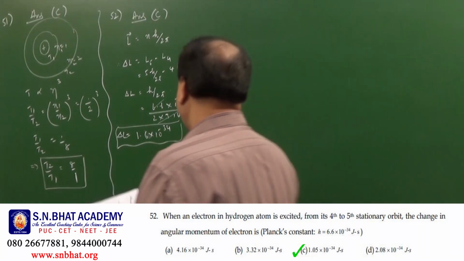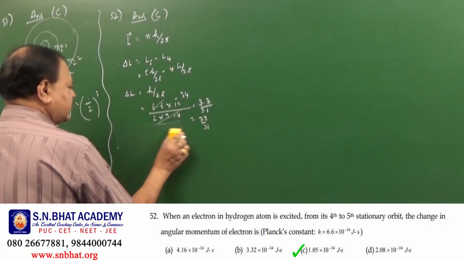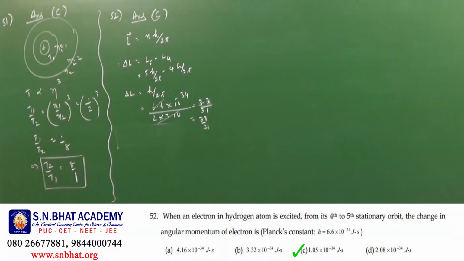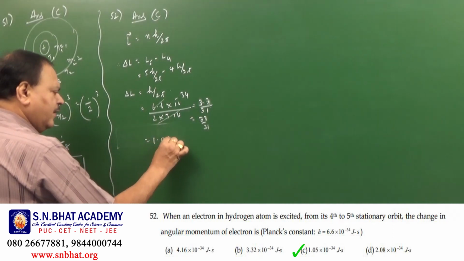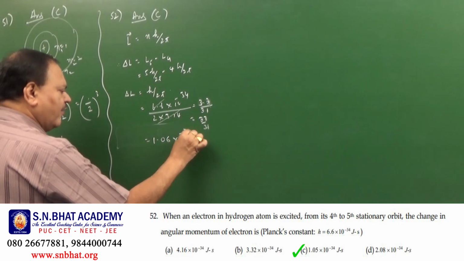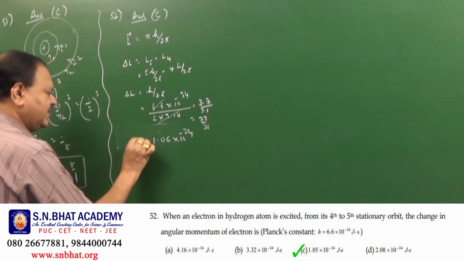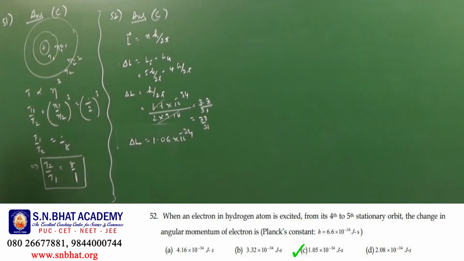You can work this out yourself. If you work it out, you will come to know that 33 by 31 is almost equal to 1. That's 1.06 you will get into 10 to the power of minus 34. Therefore the answer for this question is C. Okay, C is the answer. Next,